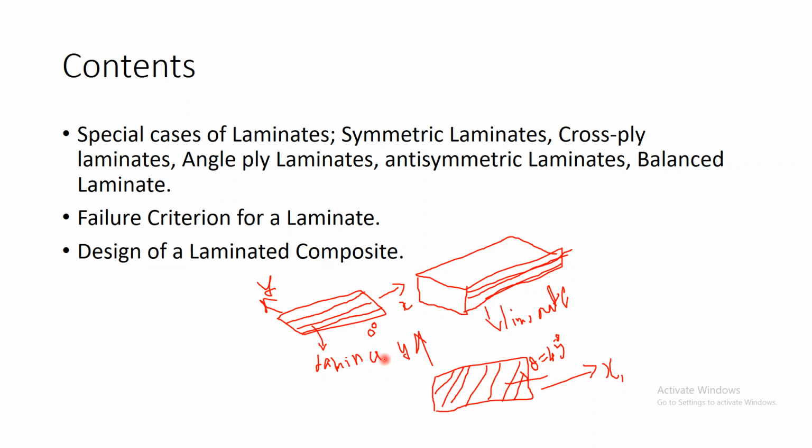In the manufacturing process, usually these laminas are added together in different orientations like 0 degree, 45 degree, 90 degree, 30 degree, and we can also have negative values of the angle. Such things usually have a large effect on the properties of the laminates. That's why we need to study all these things, and they have some specific codes, which we'll look at in the next slide.